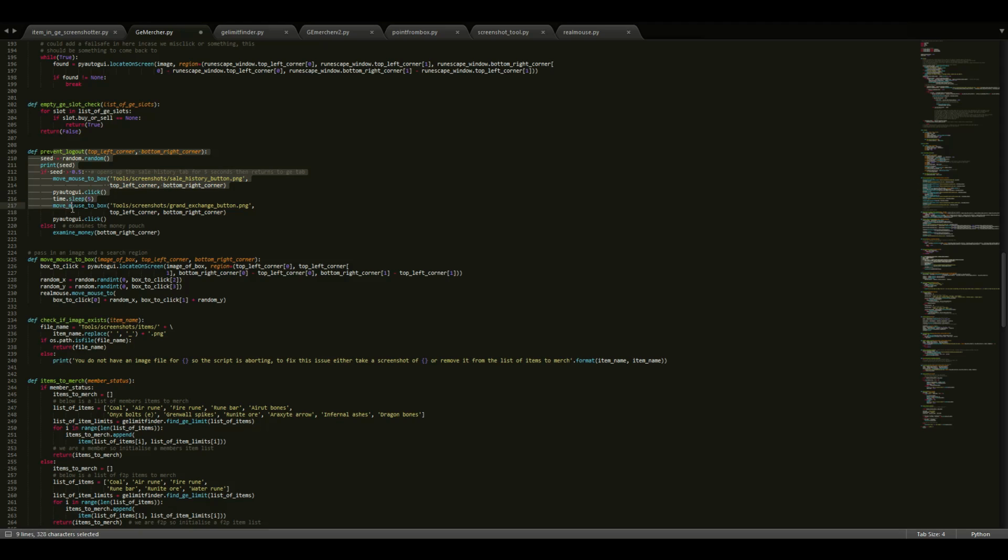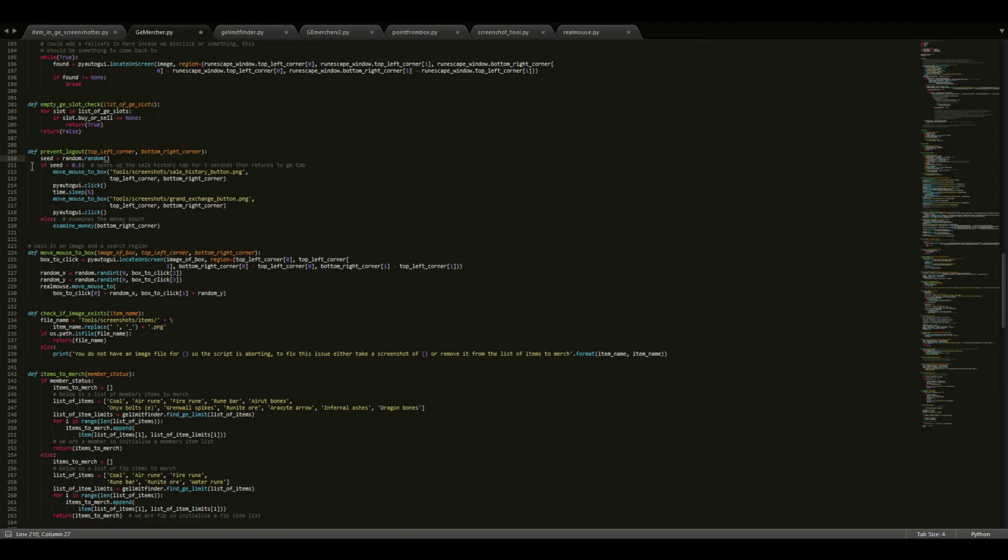Prevent logout. So what this is, it's basically just a random event handler. It'll get a seed from random.random. It's going to print the seed, even though we don't actually need to do that anymore. That was for debugging earlier. If the seed's above 0.5, it's going to open up the sale history tab for 5 seconds and then return